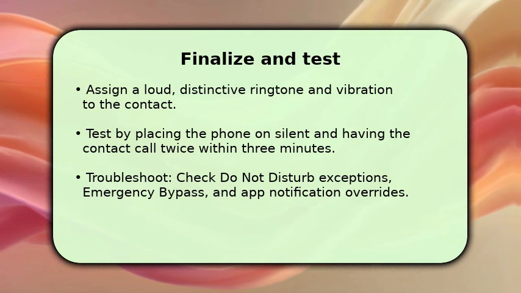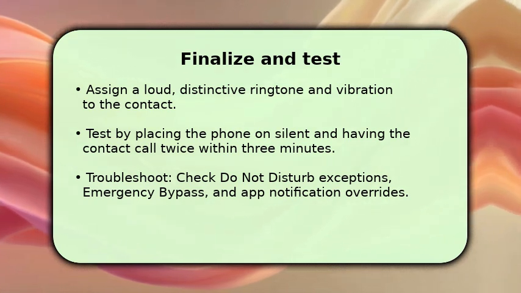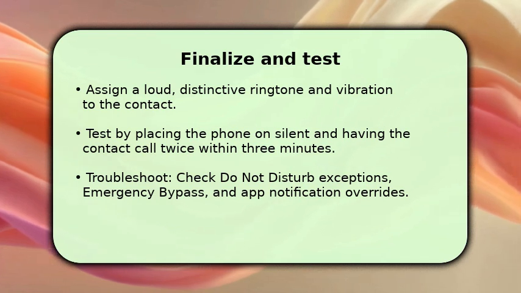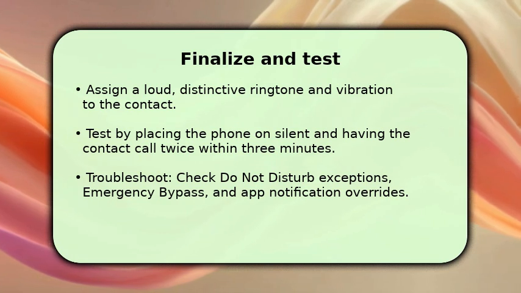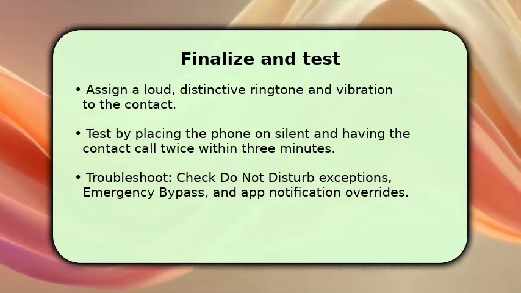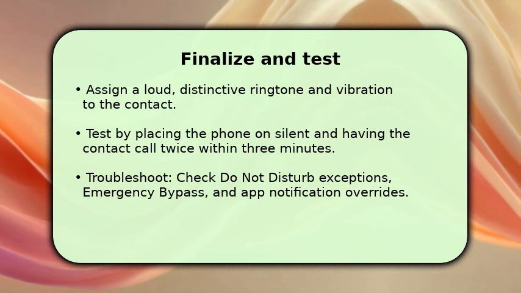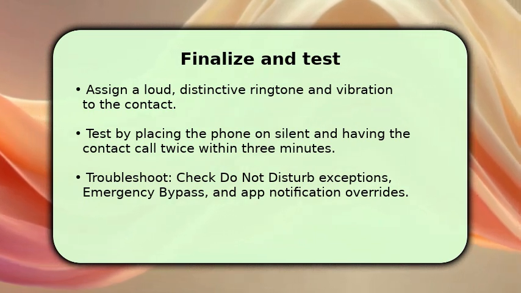Once set, put the phone on silent or do not disturb and have your emergency contact call once, then again within 3 minutes to trigger repeat call exceptions. You should hear it. If nothing rings, check that emergency bypass or do not disturb exceptions are actually enabled, verify